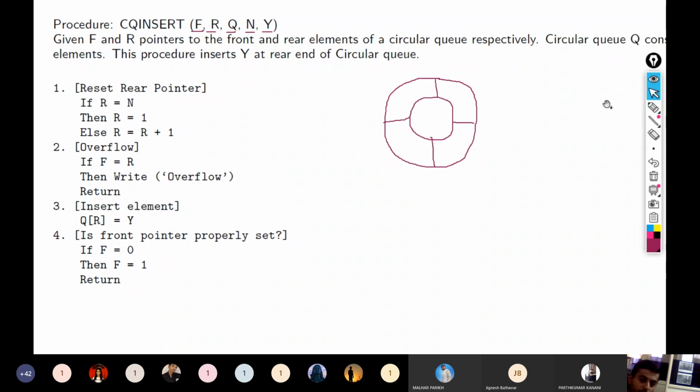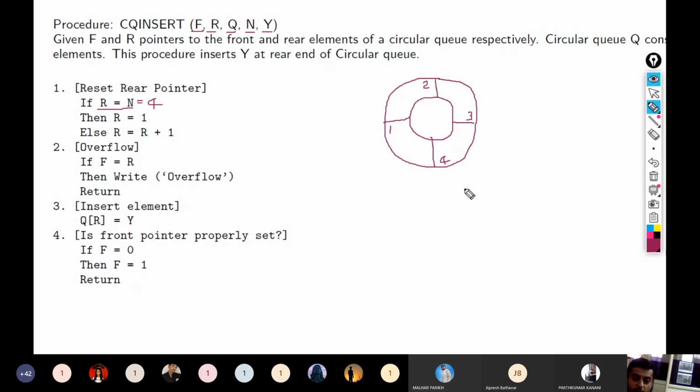Now, if r equal to n, let me write down: this is the first element, this is the second element, this is the third element, and this is the fourth element. It says if r equal to n, here n equal to 4 in our example.